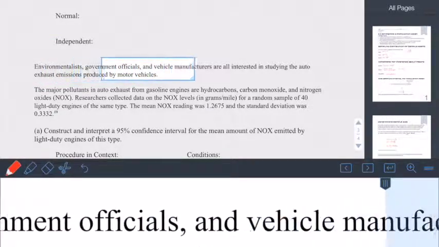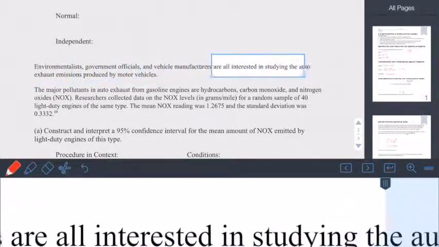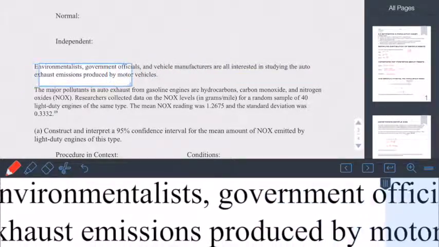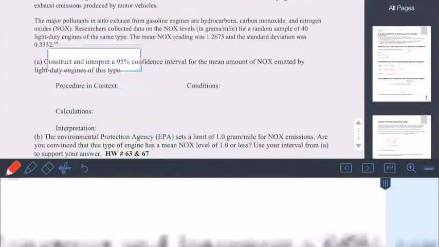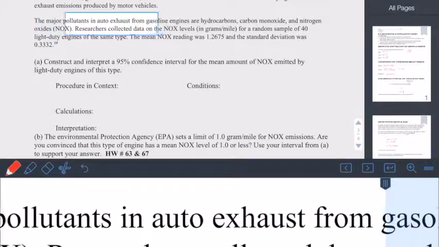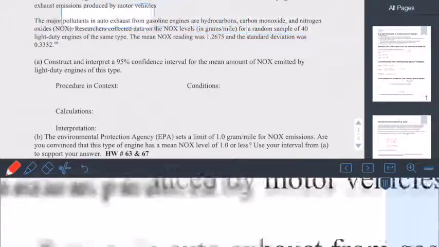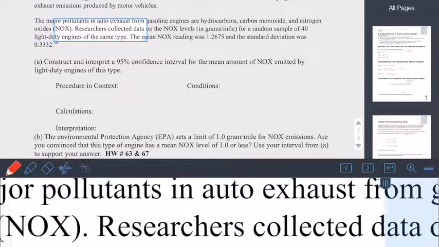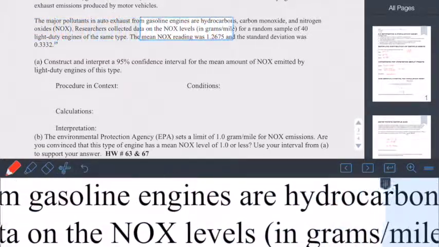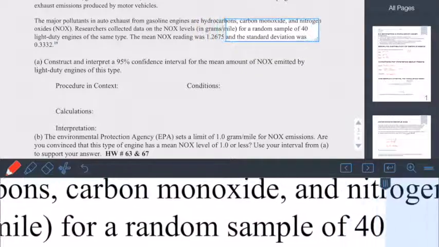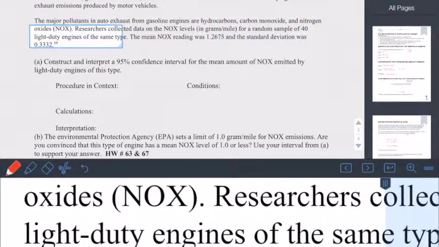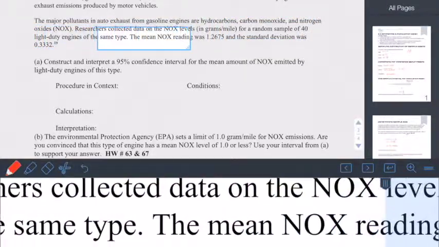Environmentalists, government officials, and vehicle manufacturers are all interested in studying the auto exhaust emissions produced by motor vehicles. The major pollutants in auto exhausts from gasoline engines are hydrocarbons, carbon monoxide, and nitrogen oxides, NOx. Researchers collected data on the NOx levels in grams per mile for a random sample of 40 light-duty engines of the same type. The mean NOx reading was